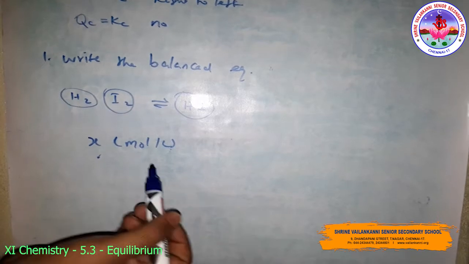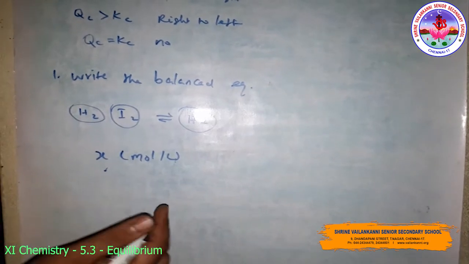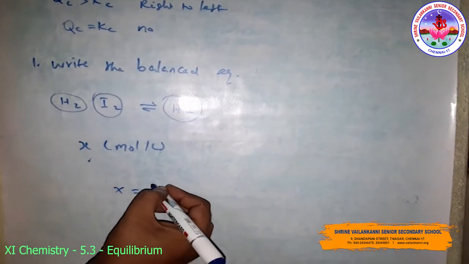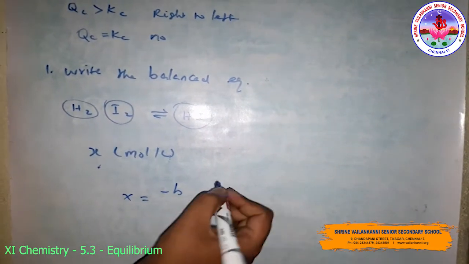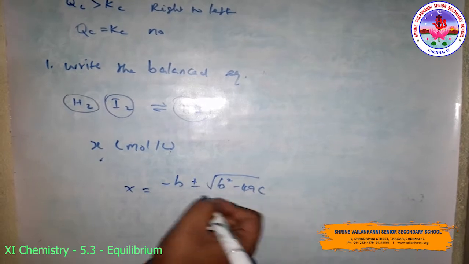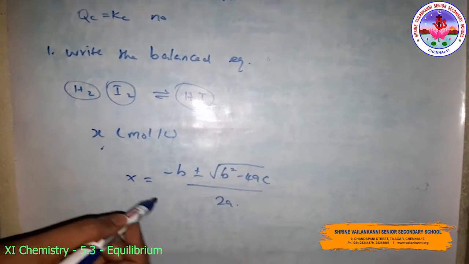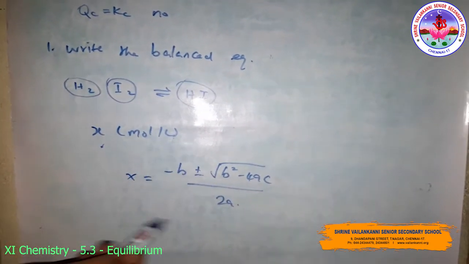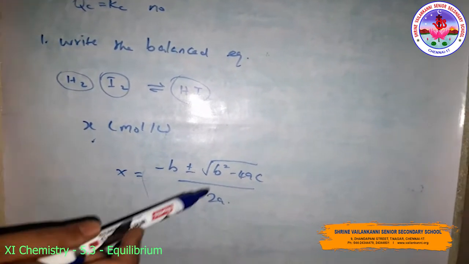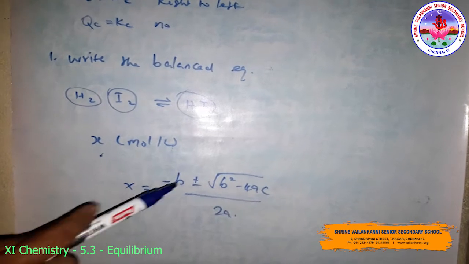If you have to solve a quadratic equation, choose the mathematical solution that makes chemical sense. The quadratic equation: X is equal to minus B plus or minus root of B squared minus 4AC, divided by 2A. So using this equation, calculate the equilibrium concentrations from the calculated value of X. Then check the result by substituting into the equilibrium equation. So these are the steps for calculating equilibrium concentrations.